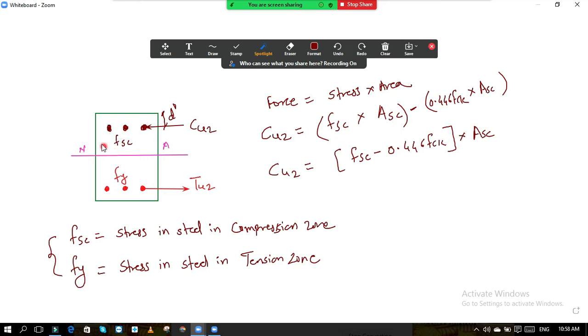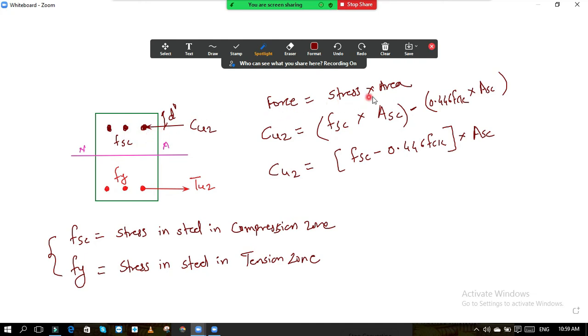ओके, सो जर मला नेट इफेक्टिव्ह फोर्स पाहिजे असेल तर what I will first calculate is the force in steel. Okay, total compressive force in steel, that is nothing but stress in steel into area of steel. Okay, so this force we are getting by the addition of the steel, but while adding the steel, simultaneously some area of the concrete is getting reduced. So how much force is getting reduced?